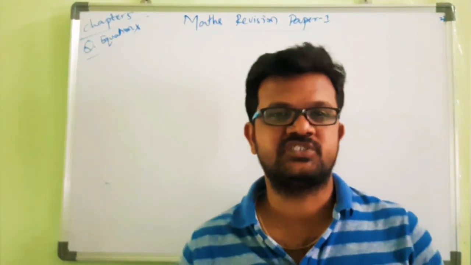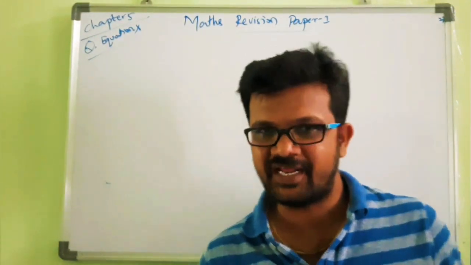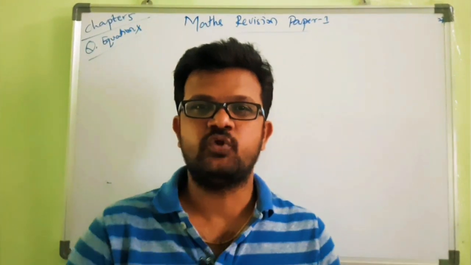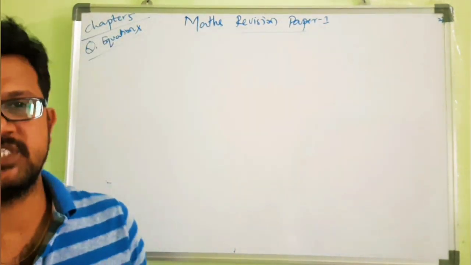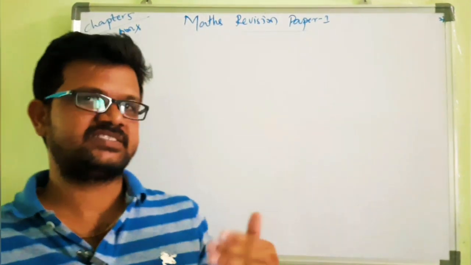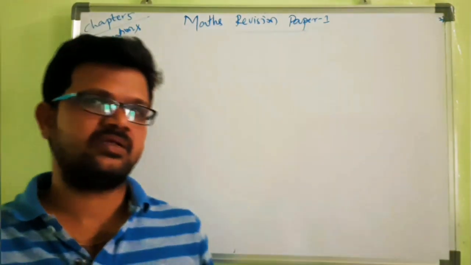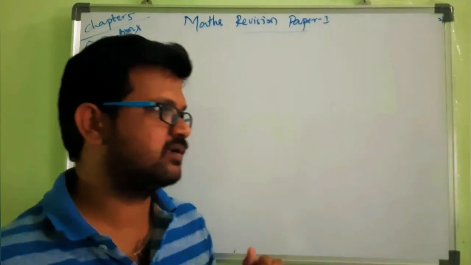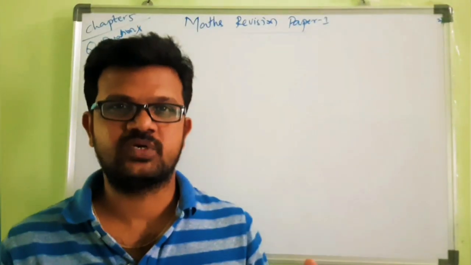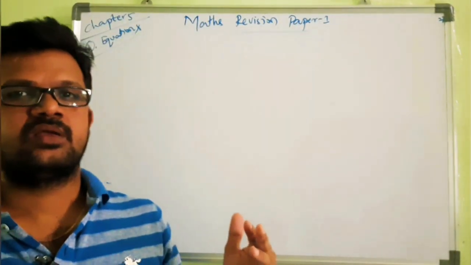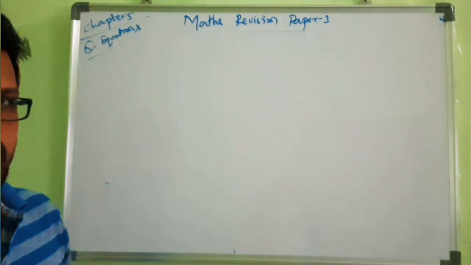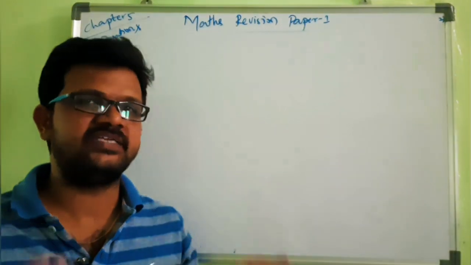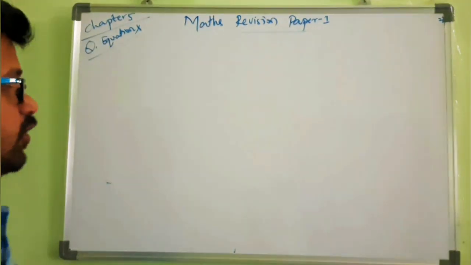First one is to check whether the given equation is quadratic or not. The second concept is finding the solution of a quadratic equation by using the factorization method, the quadratic formula, and the completing the square method. And the third concept is the nature of the roots, finding the discriminant. Using the discriminant we have to find the nature of the roots.